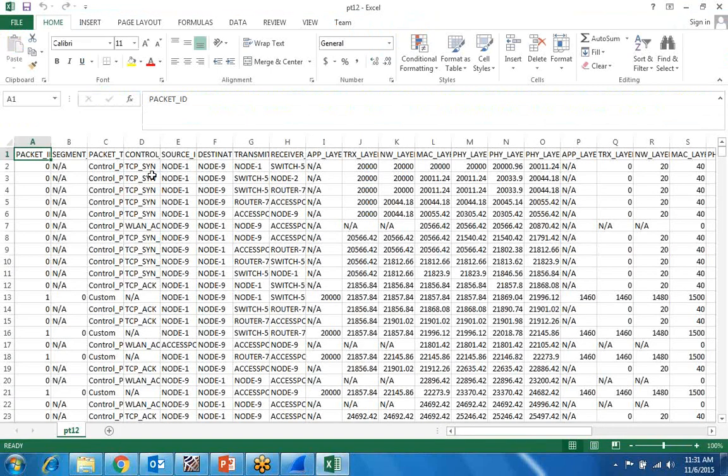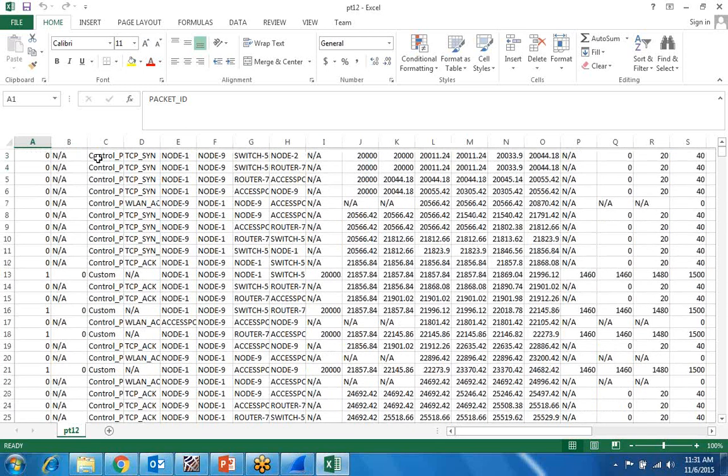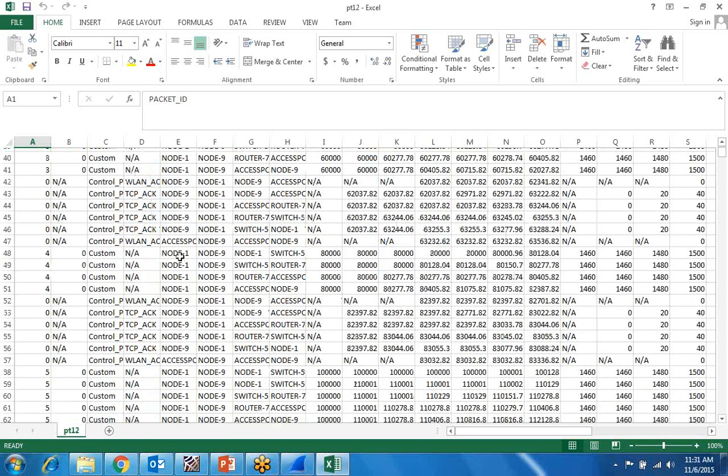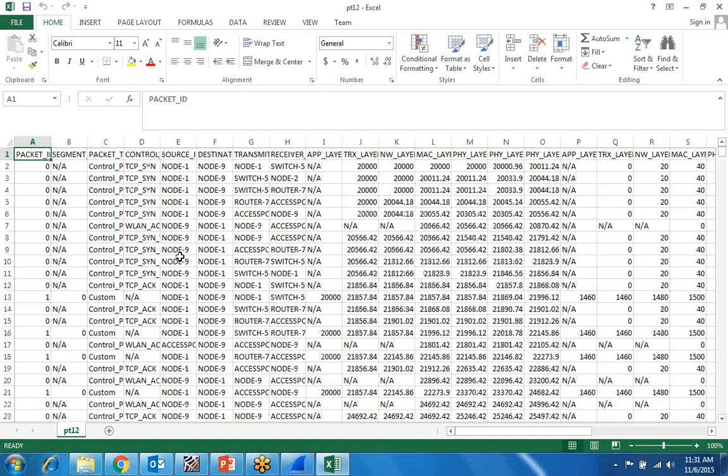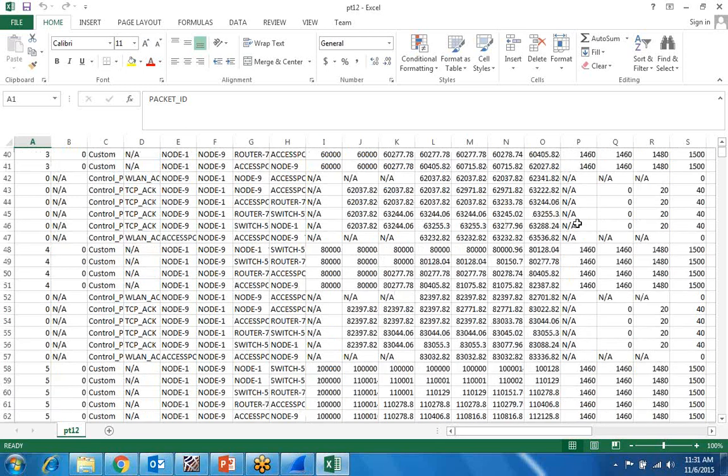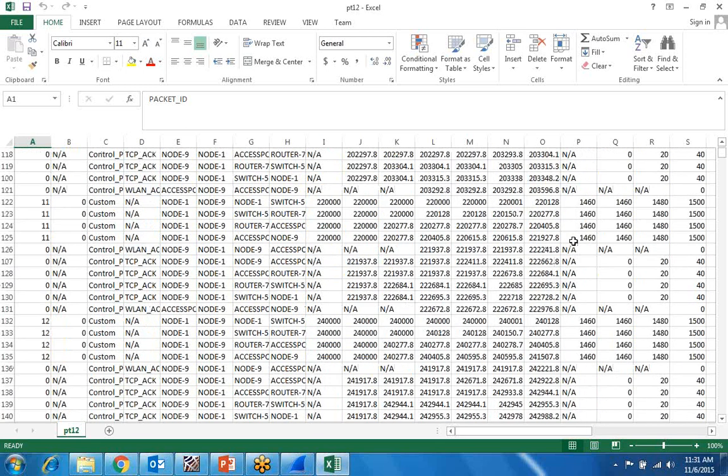Here you can see the packet information. There are various parameters given here on which you can analyze your packets. Okay. So it will give you each and every packet's details.